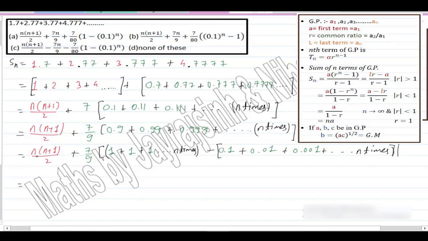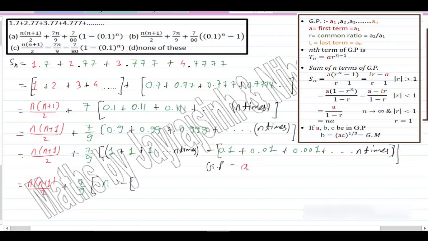Our first term will be as it is and this 7 by 9 will also be as it is. Okay, now in our first bracket we have 1 n times, right? So 1 plus 1 plus 1 n times will be n, minus, in the second bracket we have GP terms